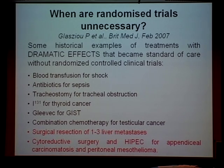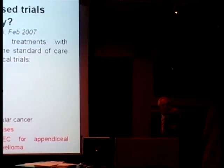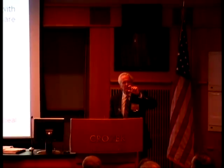What is the heading on the SAGES guidelines say? It says a large amount of moderate quality information can lead to a strong recommendation. Now, surgeons maybe are a little bit different than medical oncologists. We actually see new things, we try them. If they work in our hands, then we'll continue to use them. That's a little bit of our mechanism of does it work, does it not work. I understand that the phase 3 trial is very important, but